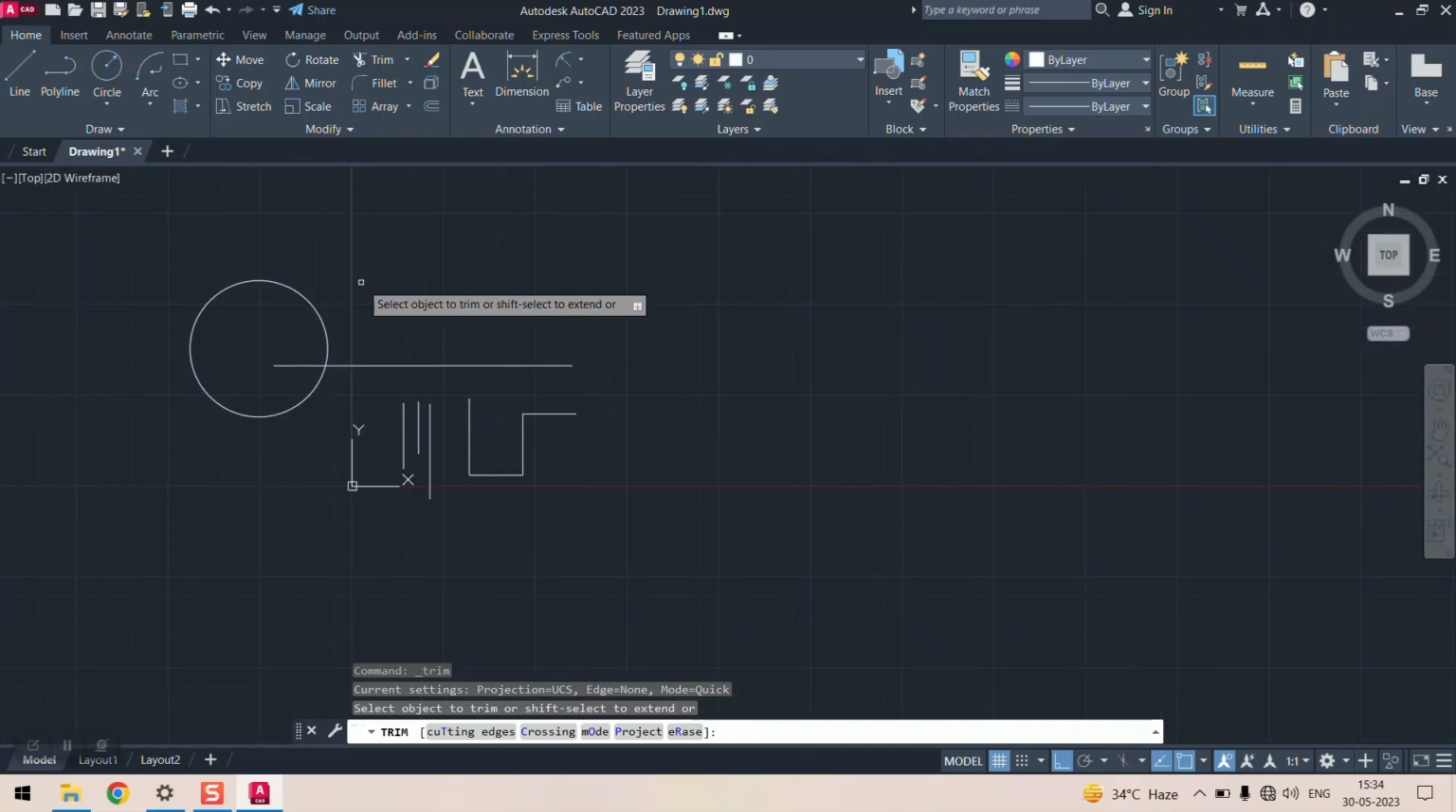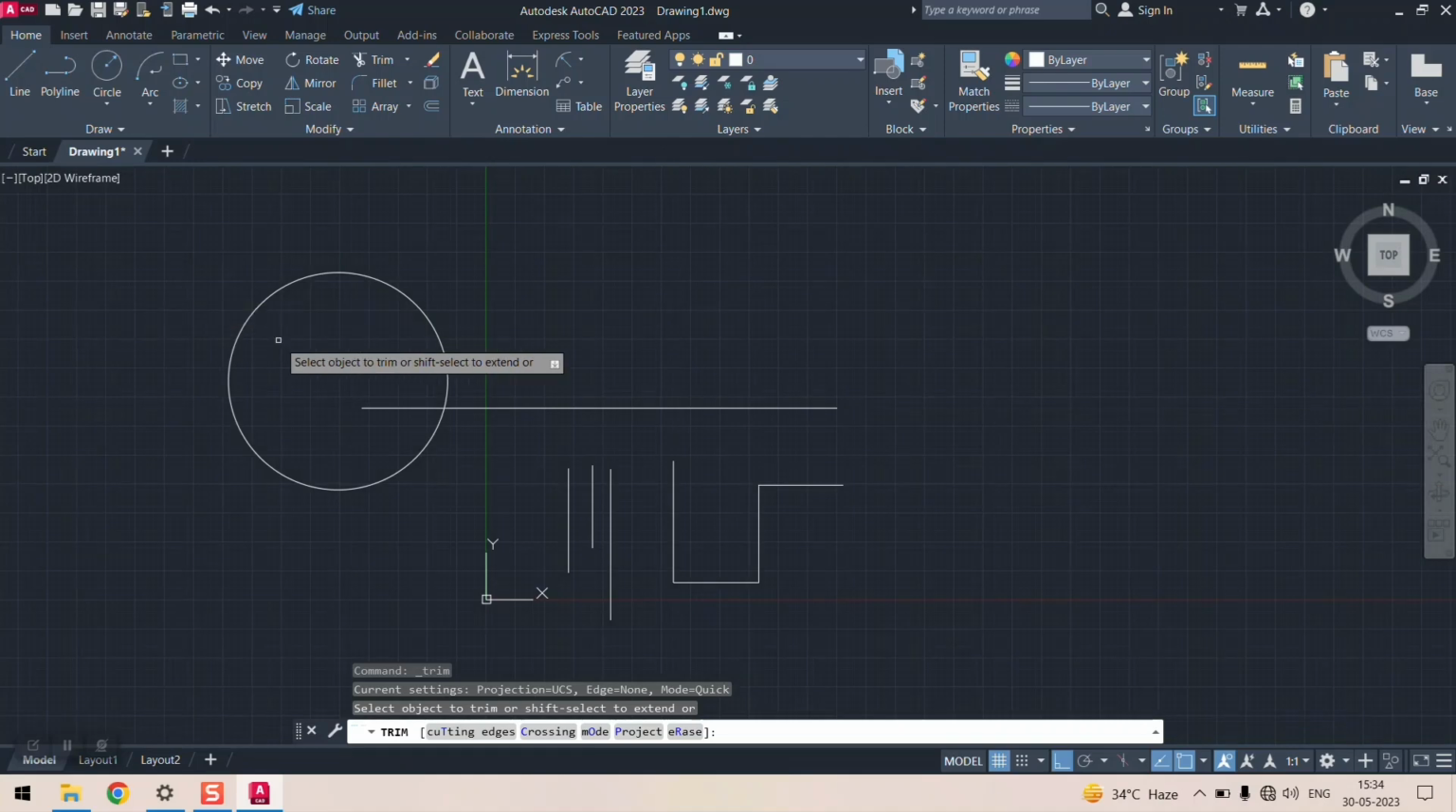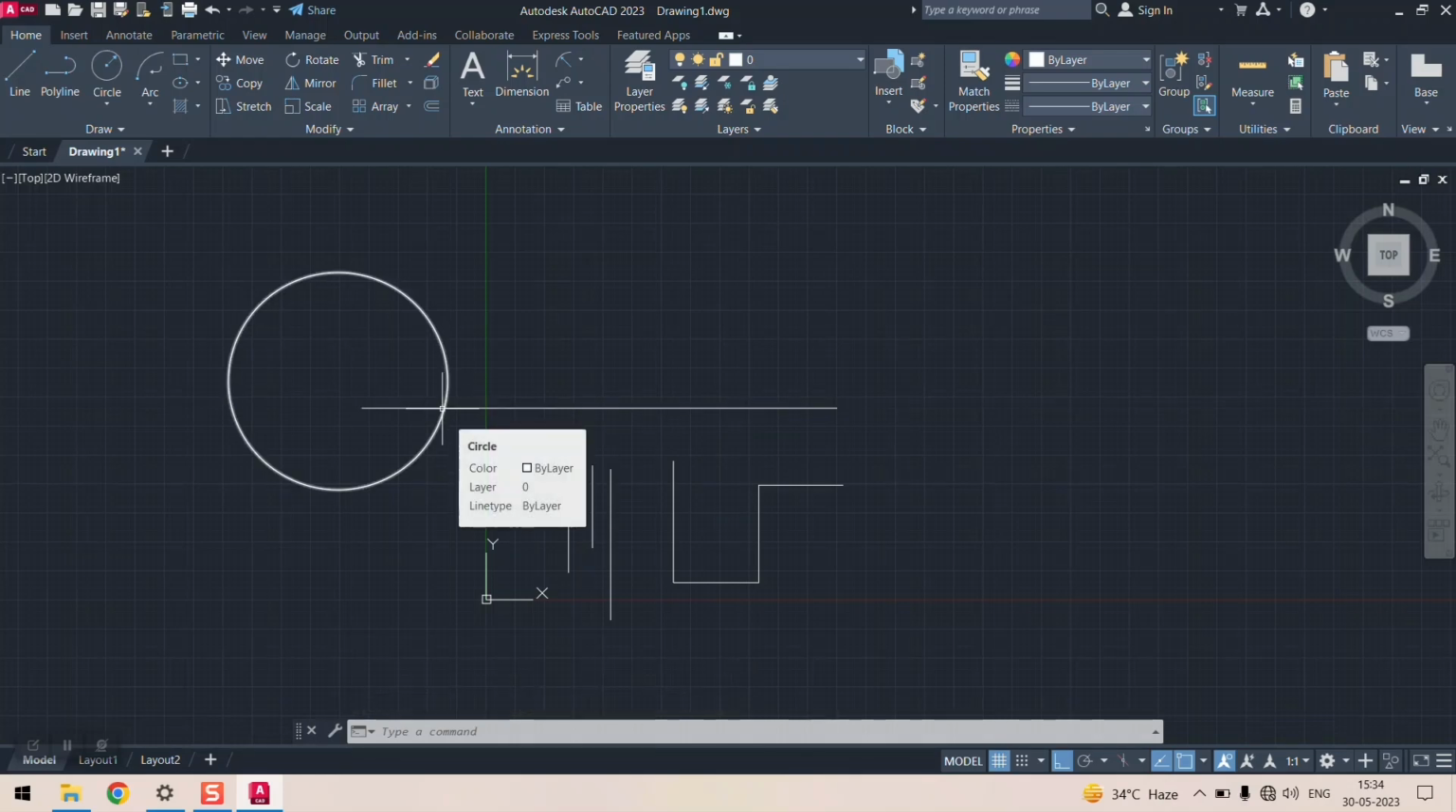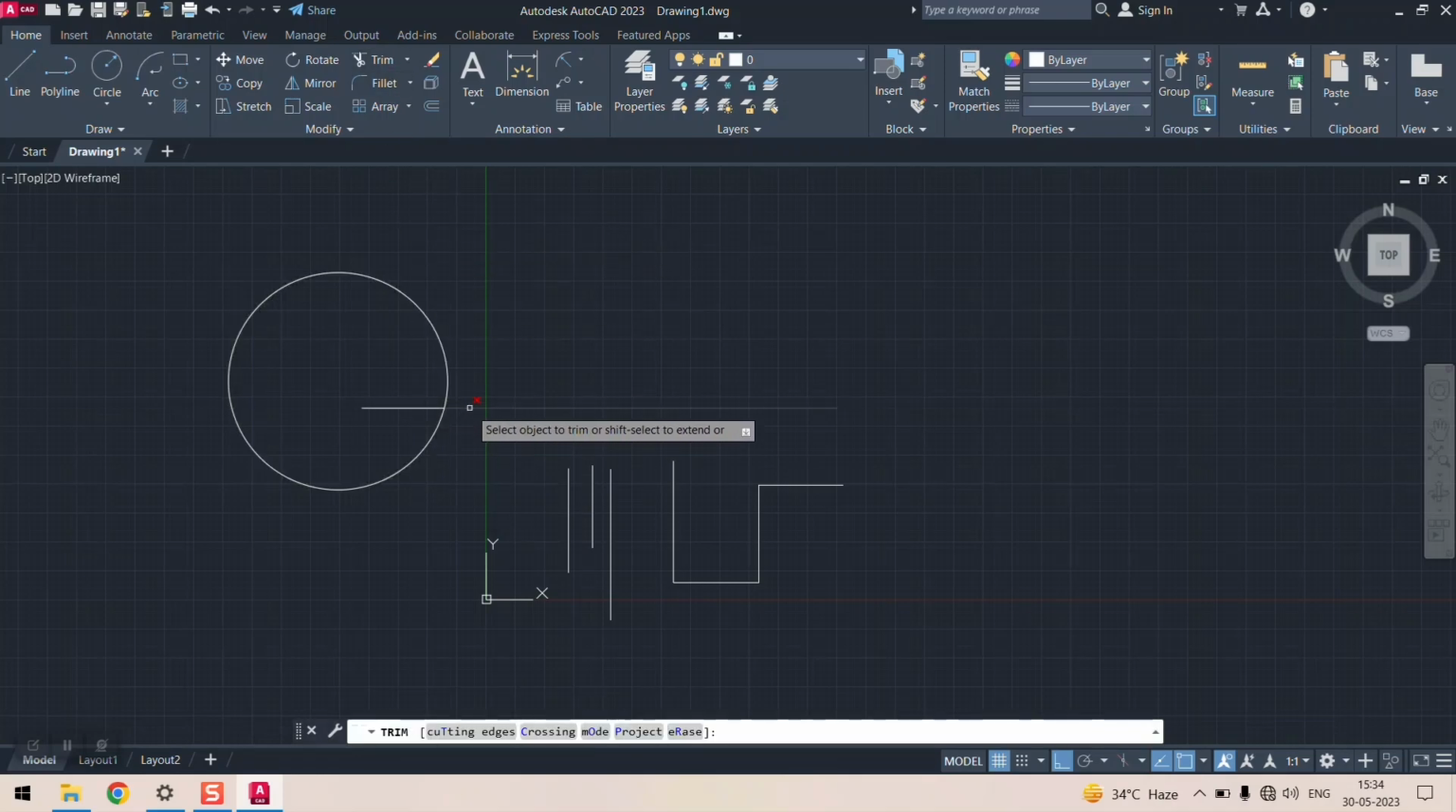because for understanding the trimming option you have to understand the concept of intersecting. If your object is intersecting a particular line or particular object, then you can delete the unwanted thing with respect to the circle or with respect to the line. So it completely depends on the intersection. Like it's intersecting at this particular point. This circle is intersecting this line at this point. So when you use the trim option, you can delete this particular portion or you can delete this particular portion,